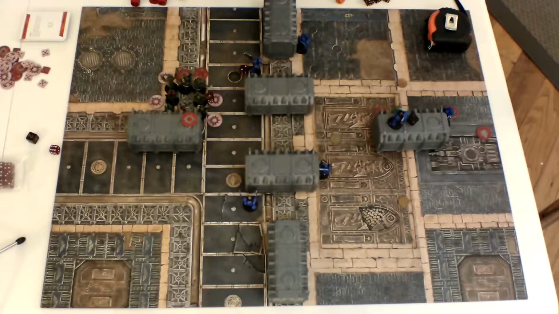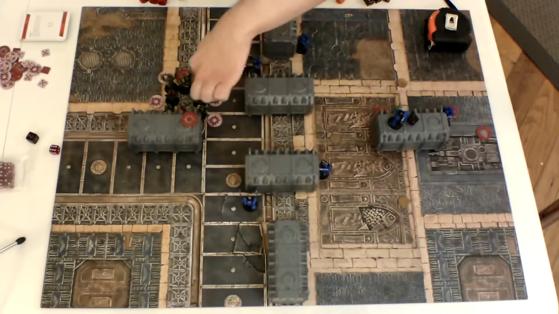Let's see here. Well, he could do spread damage, so she's just gonna fire to him. 3s to hit. 1 hit. 5s to wound. Failed to wound. Man, I was all over the place on that roll. Well, he could see her, so...